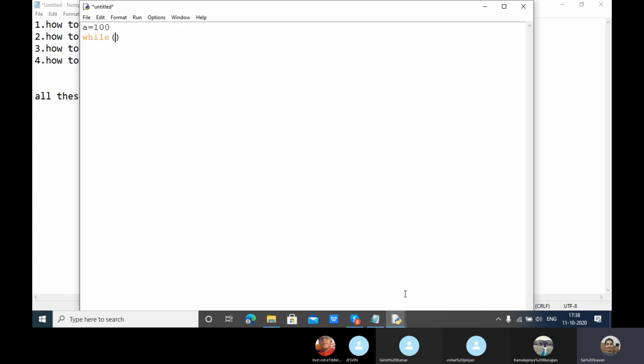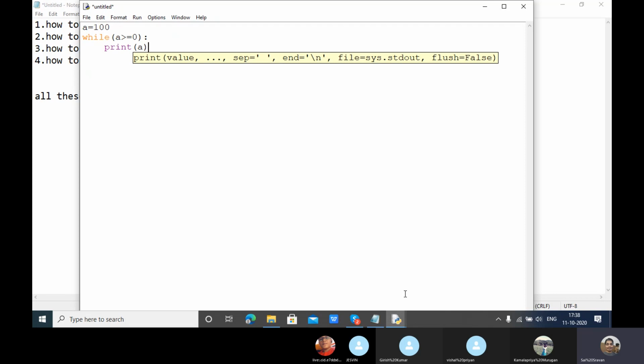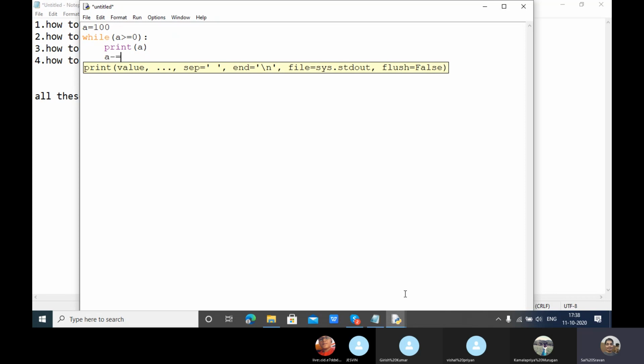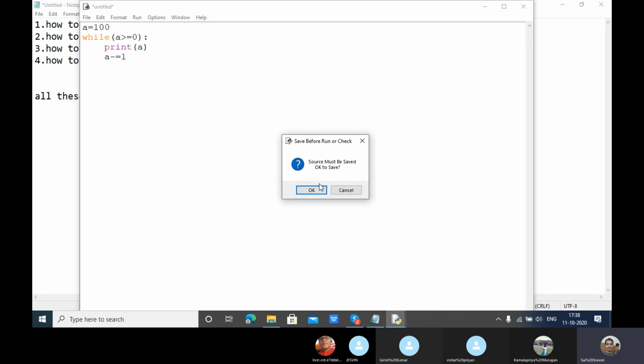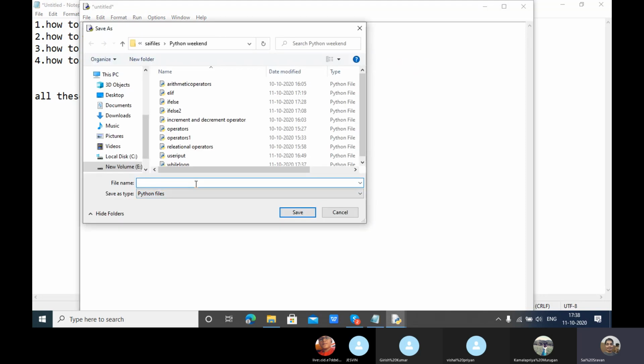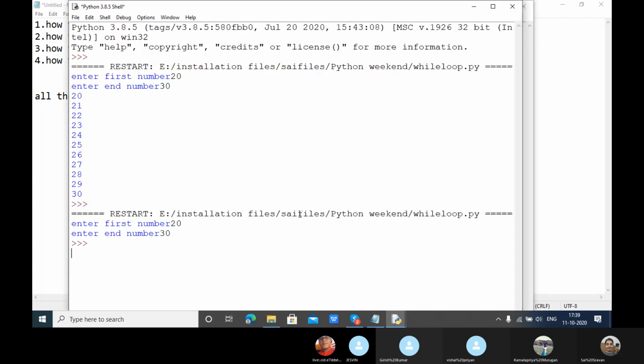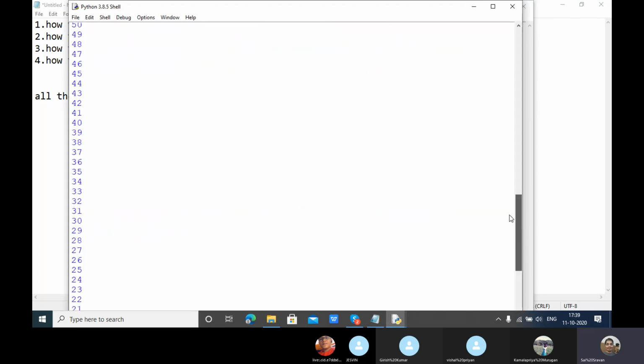While a is greater than or equal to 0, a minus equals 1. So now it will decrement the values from 100 to 0.